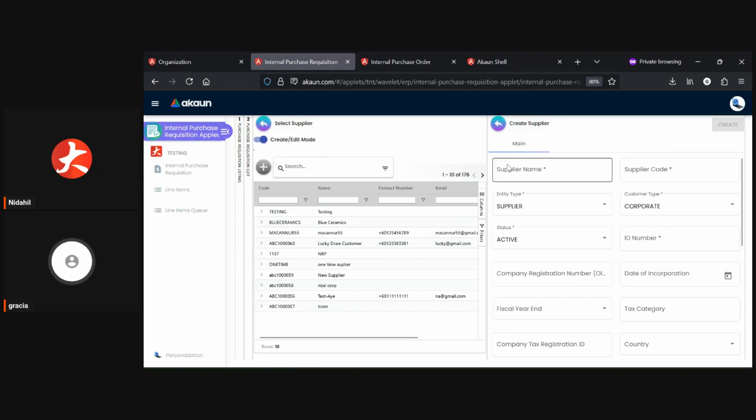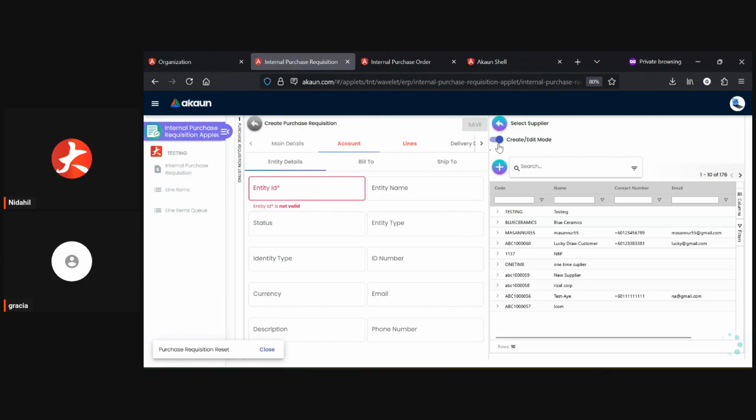After you click the plus, key in the information that you need to create the new supplier. If not, make sure that it's off, under select mode, then you just select any of